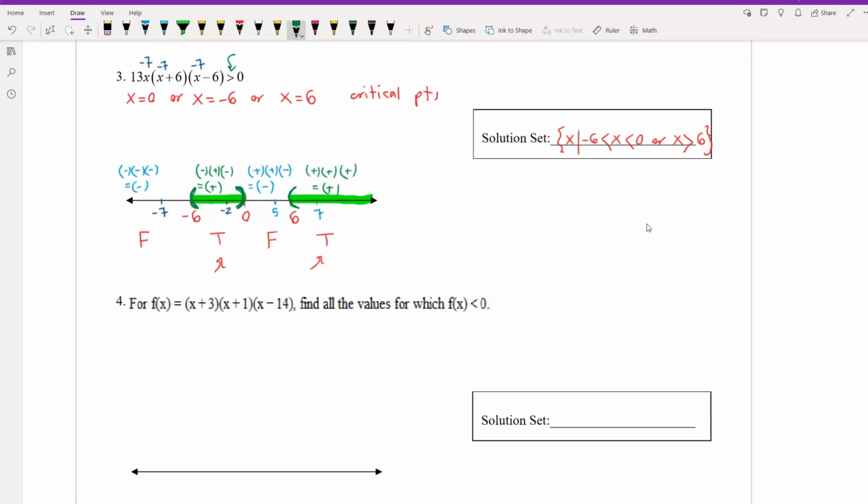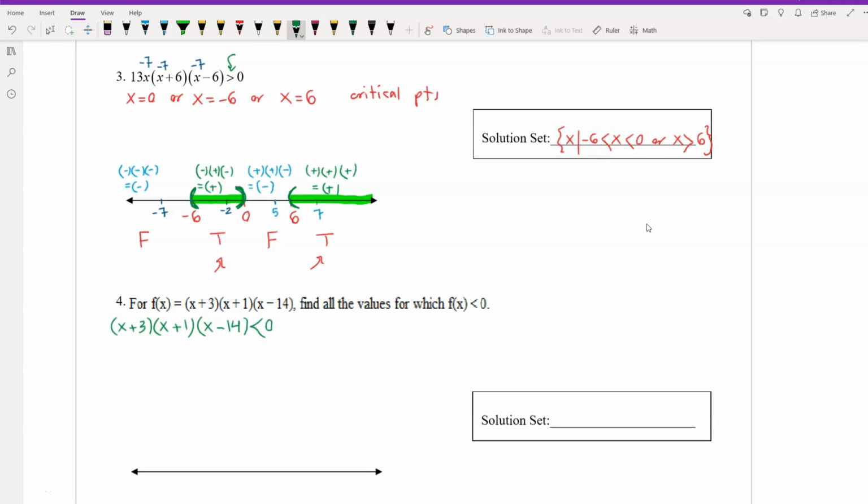And now number 4, for f of x equal to x plus 3 times x plus 1 times x minus 14. Find all the values for which f of x is less than 0. So what we have here for f of x is x plus 3 times x plus 1 times x minus 14